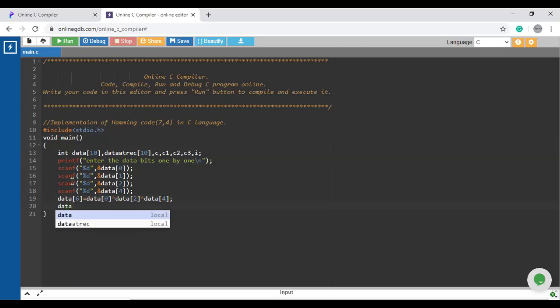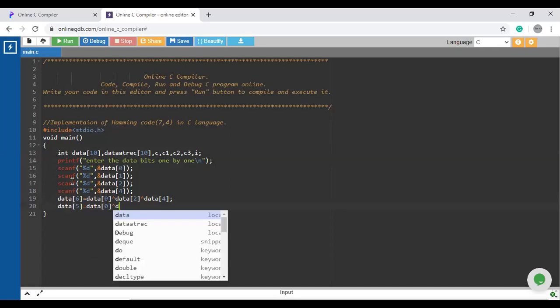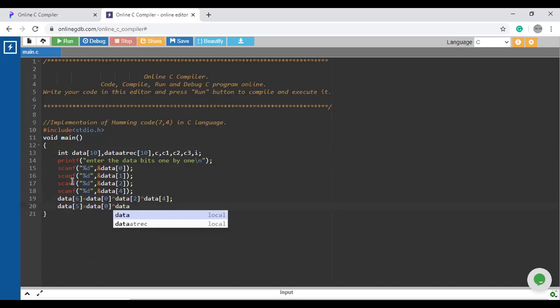Now I will check the parity bit for the 5th position. Data 5 is equal to data at position 0. Again, I use XOR operation. Data at position 1. Again, XOR operation. And data at position 4.